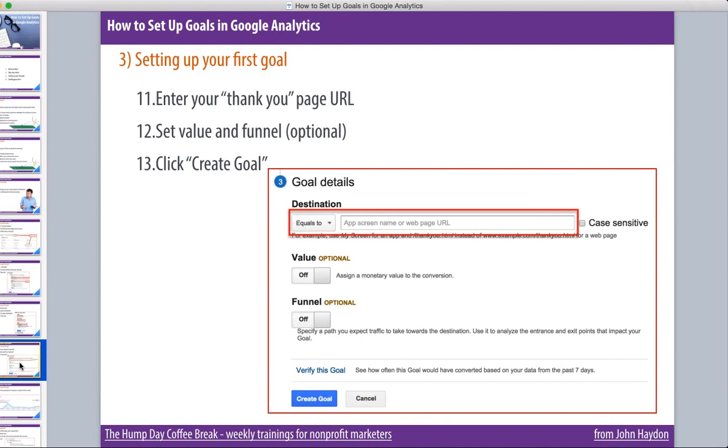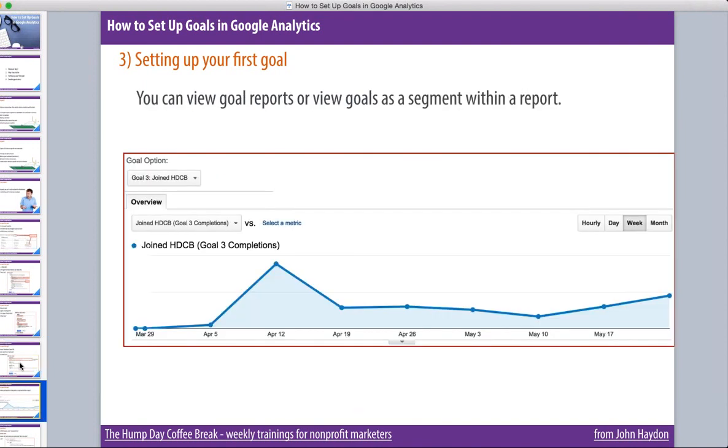They became a new donor, a new volunteer, a new subscriber, they signed a pledge, and then you click on Create Goal. All right, so this is setting up your very first goal. Now, once you set up goals, there is a report in Google Analytics. There are actually several reports in Google Analytics where you can look at your goals over time, and you could